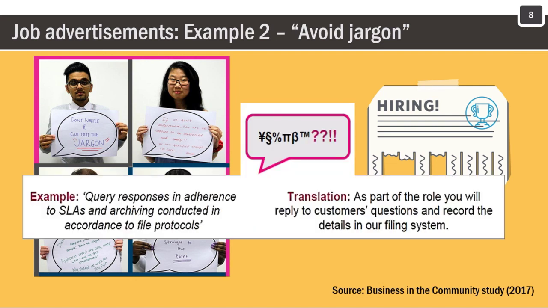The abbreviations frequently found in adverts, such as KPI, SLA, DBS, HSE, to quote just a few mentioned in the study, and technical jargon such as fulfillment service, procurement, pre-commissioning, talent accounting, make it hard for young people to understand what the role involves and therefore whether it is the kind of role they would like to do. It also makes youngsters worry that they don't have the required background or knowledge they need to apply for a role. But it's not just individual words and phrases you should be mindful of.